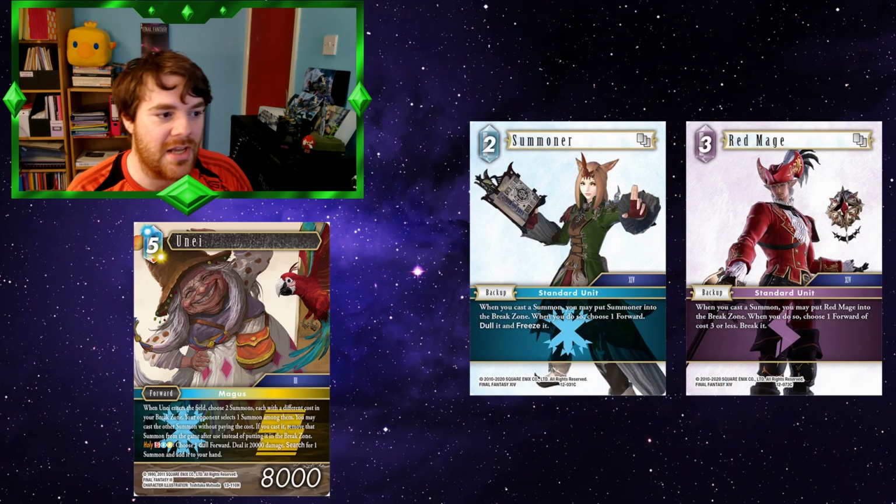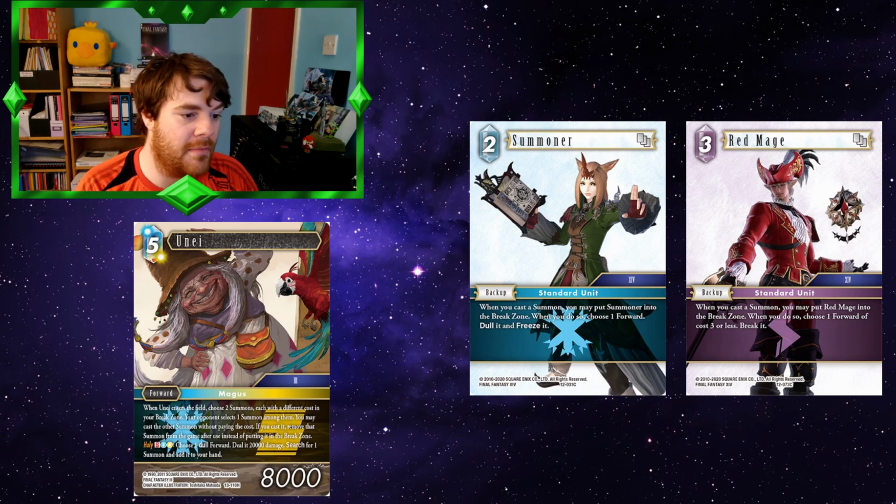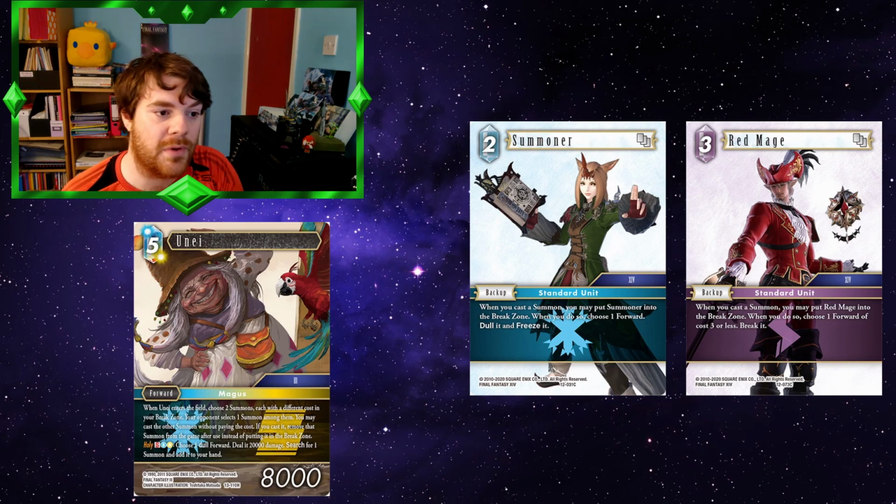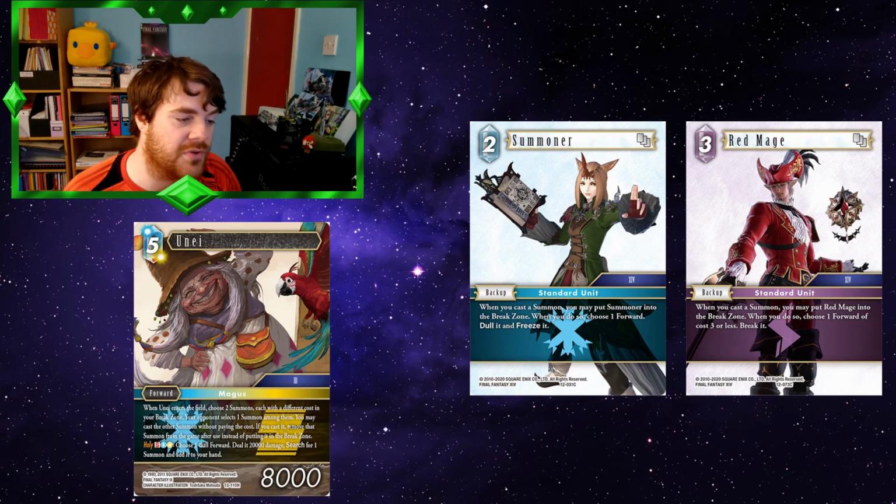Summoner and Red Mage. So obviously Red Mage isn't in Unei's colours, but it could still easily happen. But yeah, when you cast a summon, you get to either use Summoner to dull and freeze something, or you get to use Red Mage to choose a forward of cost 3 or less and break it, both of which are really good. So if you, say, hypothetically used a Star Sybil to play Unei onto the field, you could then